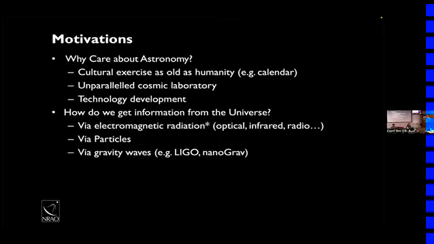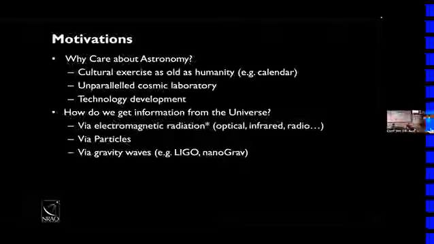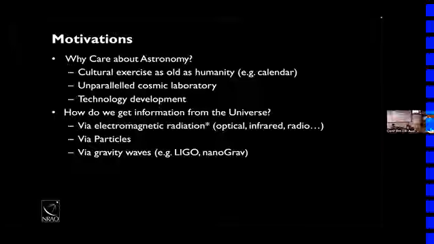So how do we get information from the universe, right? If we're going to use this information to figure out what's going on, how do we get it? Well, we get it from radiation, largely, right? Optical, infrared, radio coming at us from the sky. Our eyes are sensitive to a very narrow portion of the spectrum, but then all this technology that we've developed allows us to see a much, much larger picture of the universe.